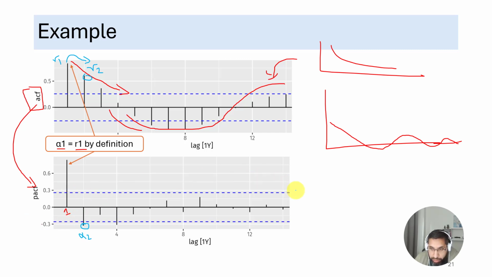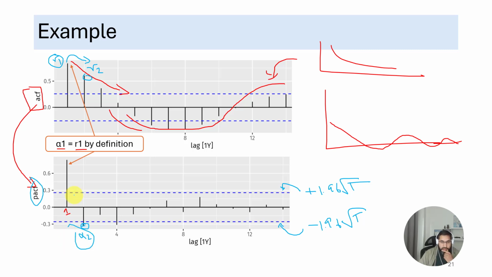It's below this line. See, these blue lines: this is plus 1.96 times the square root of T, where T is the length of the time series. This line is minus 1.96 times the square root of T. And so you can look at the partial autocorrelation function and notice this actual negative relationship was made positive because of the influence of R1 on R2. But when we control for R1, we get the pure partial autocorrelation at lag 2. And then we see at 4, right? And so on.